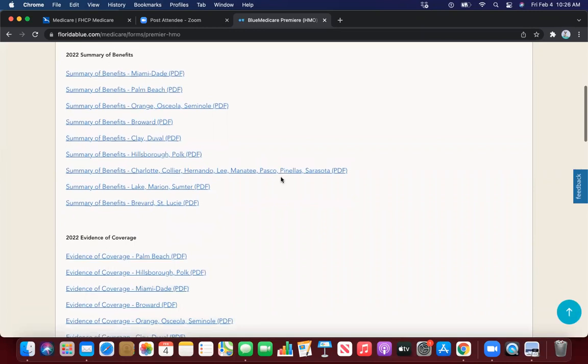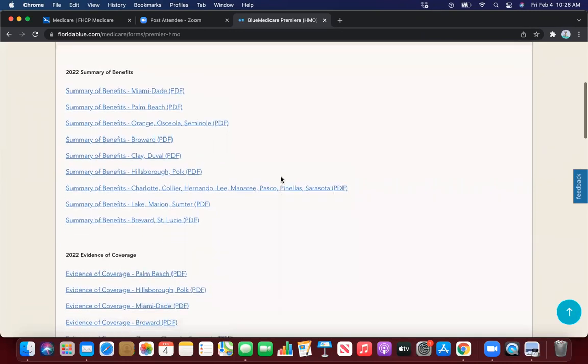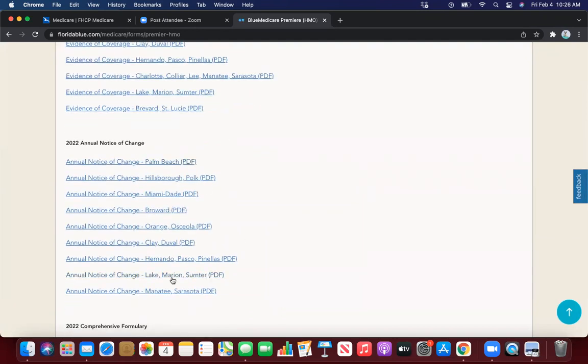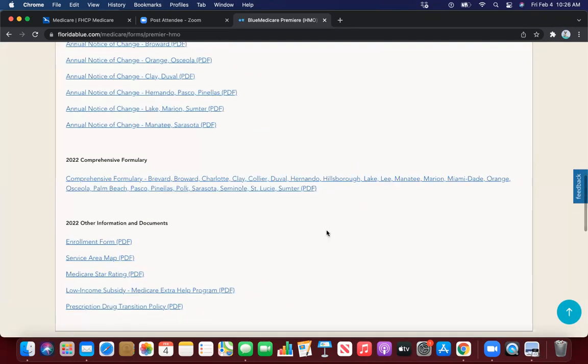From here it will narrow it down and give you the summary of benefits for all the different counties for the Premier plan for Florida Blue, the evidence of coverage, the annual notice of change, and then what we're going over right now is the comprehensive formulary for the Premier plan. Doesn't matter what county it is, the Premier plan has one formulary. So you're going to click on that formulary,